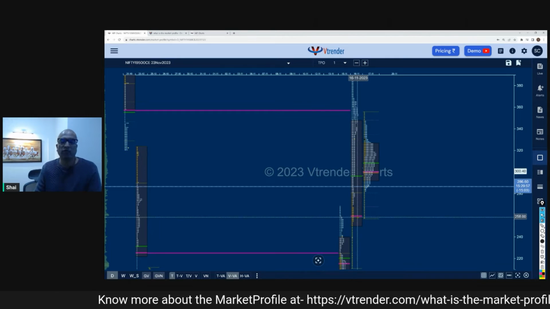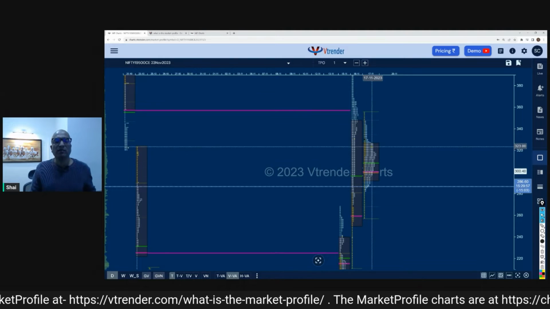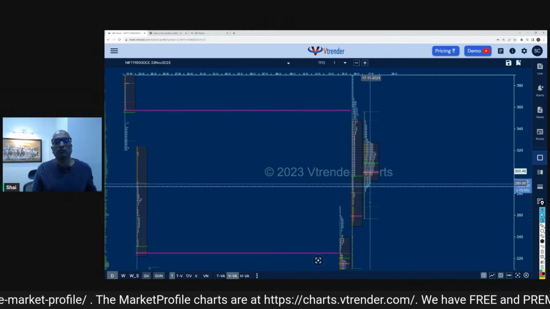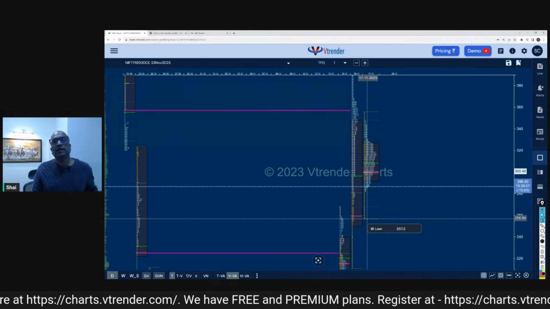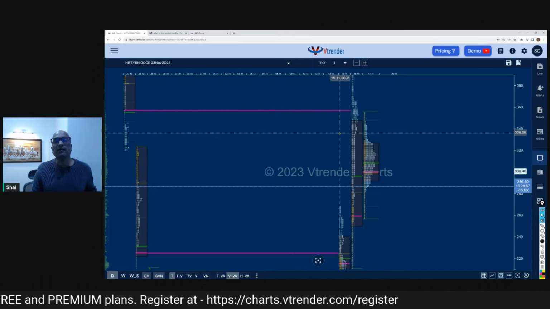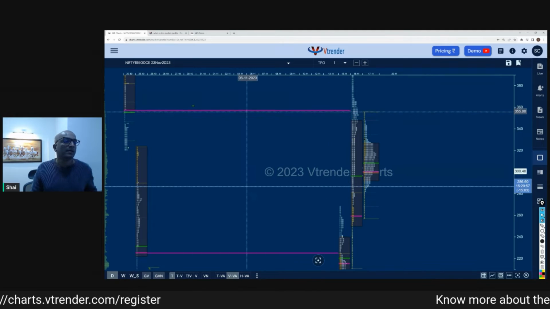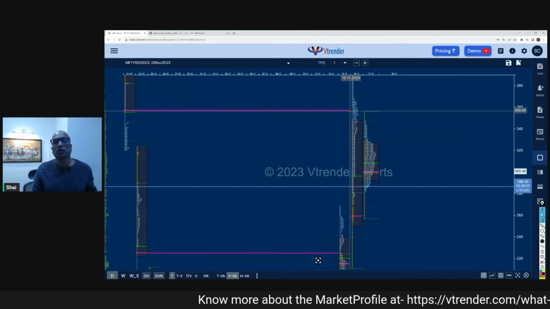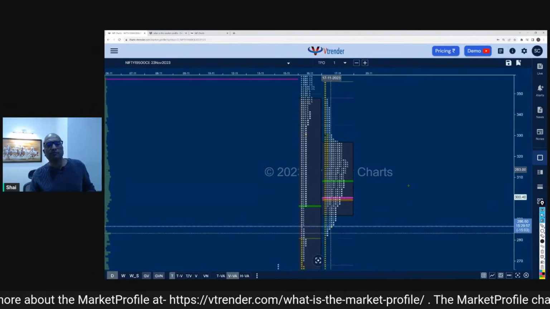This is actually a little bit of different information for us to keep track of. But because it was a sideways zone within here, you can see how much importance the market is giving to this one parameter, POC. Now this low over here is not just a random level, it is the POC of the previous day, the zone where the market traded the maximum volume. That's why the market got stopped over here. And this pink over here is a POC from a previous day's profile, and that's why the market got stopped over here.